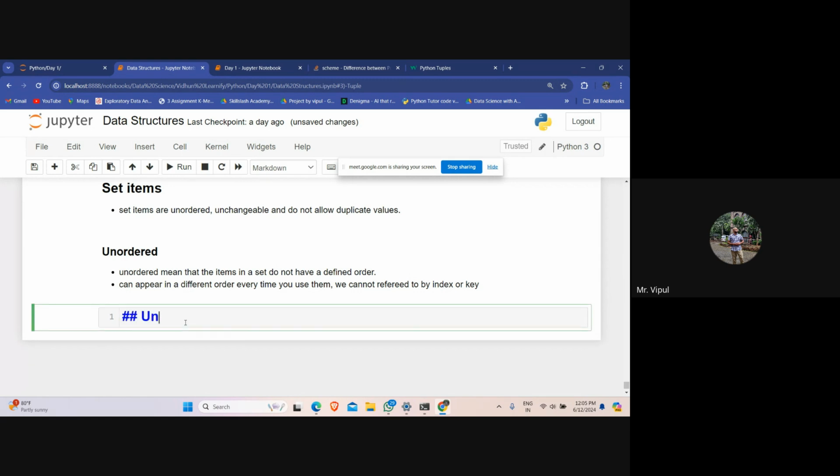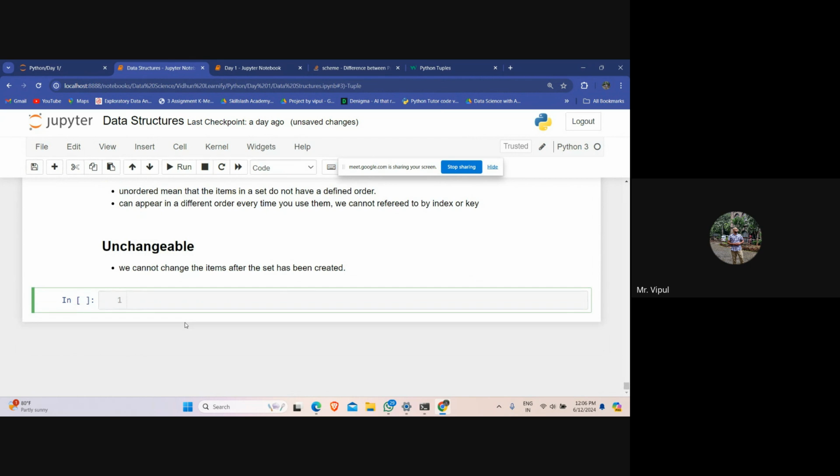So we have unchangeable: we cannot change the items after the set has been created, right?